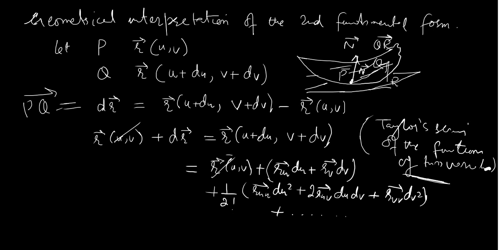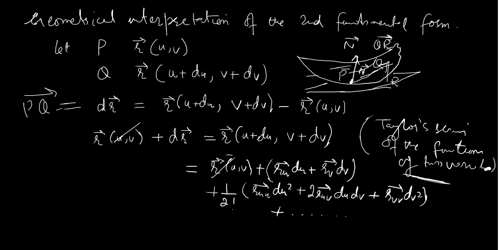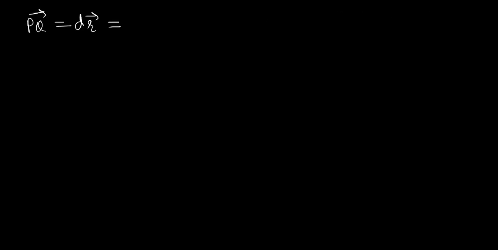so that we get the vector PQ, which is the vector dr, equal to what? What was that? Okay, let us look at the previous pages. It is equal to r sub u du plus r sub v dv